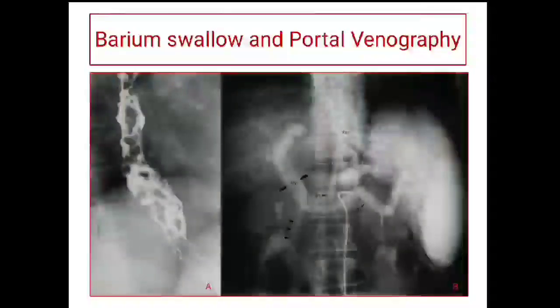A barium swallow will show irregular filling defect, each defect representing a swollen vein. A portal venography shows dilated portal vein and uphill dilation of portocaval anastomosis. The treatment is difficult. The best treatment probably is a transplantation of the liver. The portal hypertension can be controlled with beta blocker or with terlipressin. Local bleeding from the esophagus can be controlled by coagulation using laser, endoscopic surgery like sclerotherapy, or a very special type of clipping operation known as endoscopic band ligation.